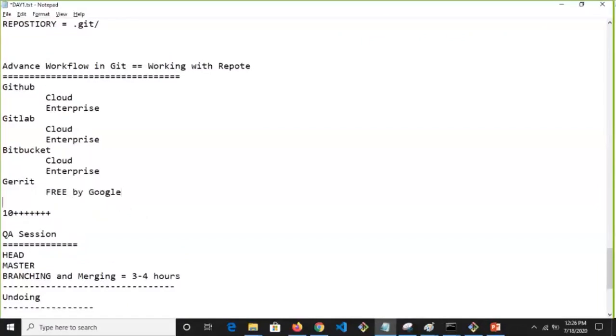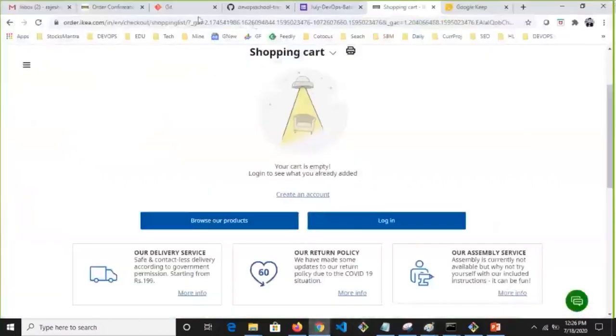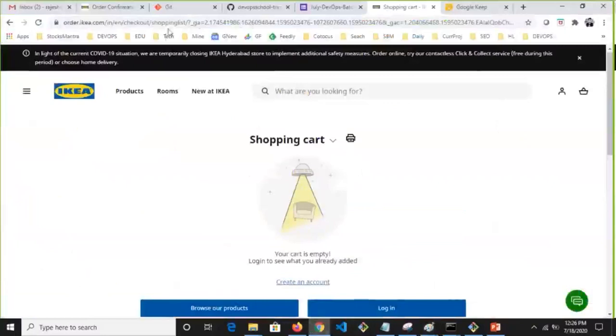So now do you understand what these tools are doing? GitHub, GitLab, Bitbucket, Gerrit, what are they doing? They are doing nothing but managing your hundreds and hundreds of repositories in one place. They are giving a role-based access mechanism. They are giving you a rich UI.